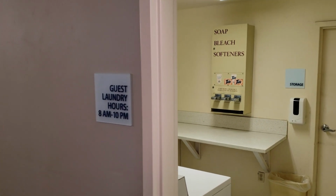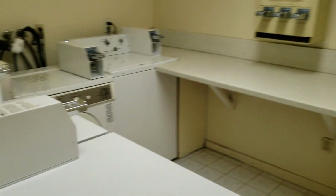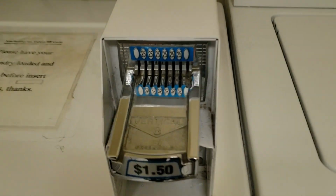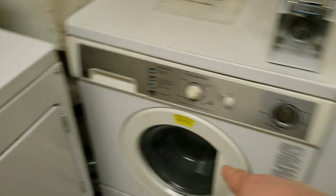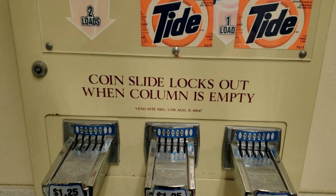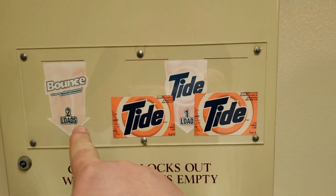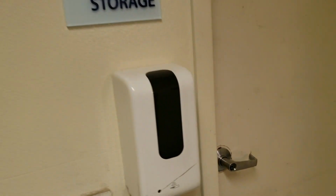All right, on each floor they do have a guest laundry that is open 8 a.m. to 10 p.m. They are wash laundries, $1.50 in quarters, pretty big size. They got dryers, washers, regular washer, front load washer, and you can get soap, bleach, and softeners. These are $1.25 a piece. They got Bounce for 2 loads and Tide. And they also have